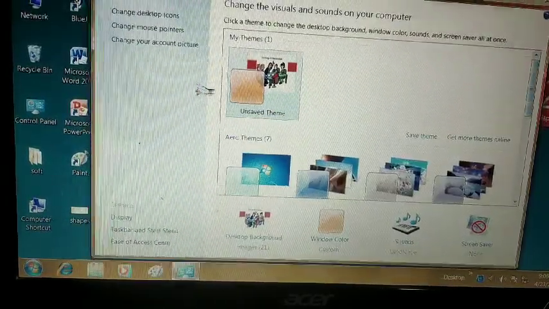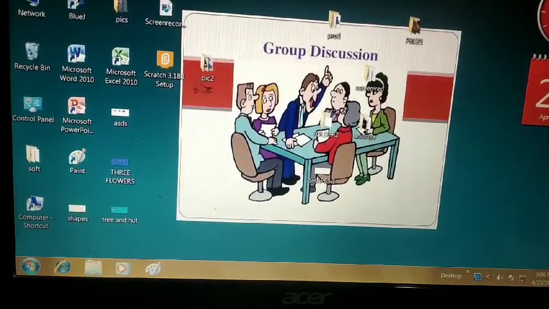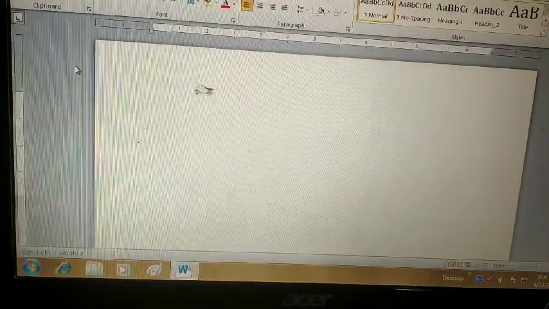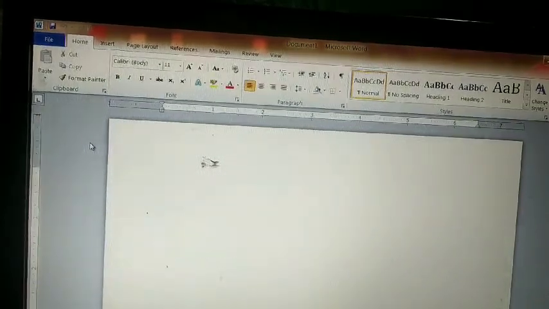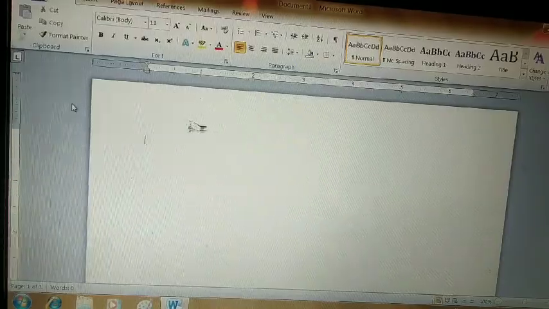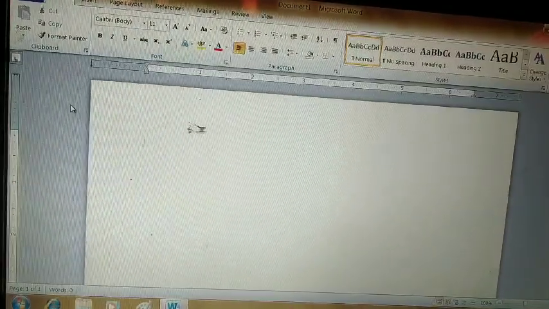After this, you can see the taskbar will appear in this color. And whichever program you open, you see its title bar is also appearing in orange color, and the taskbar is already here in orange color. So this is the setting for color. I hope you understood now.